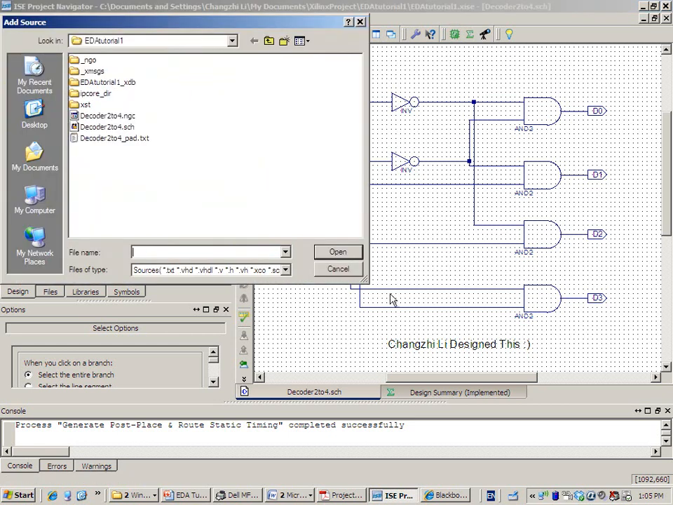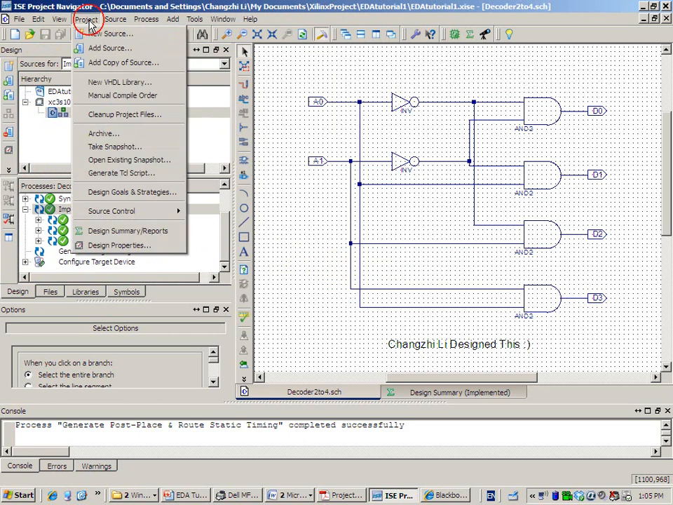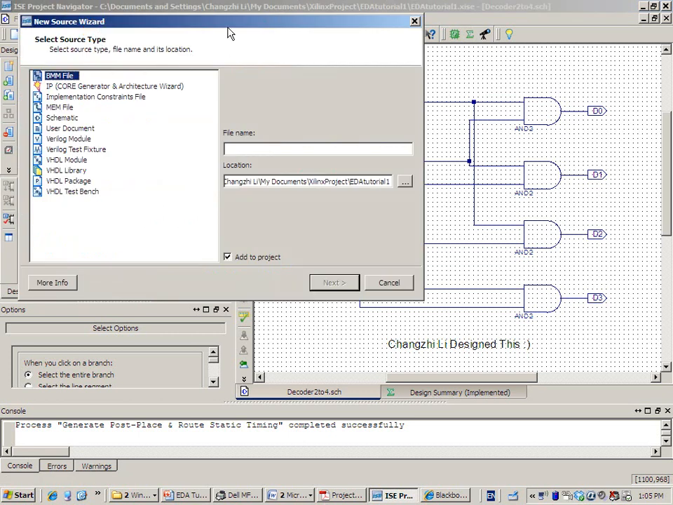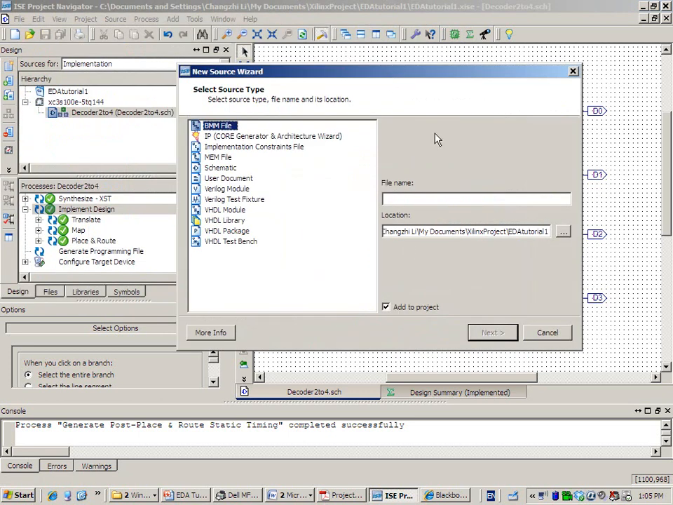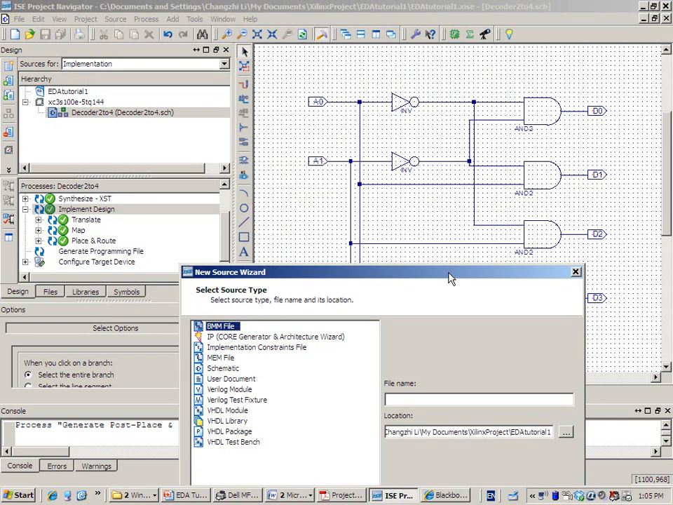We have to add, project, new source. We have to create a test bench for this design. So this design will be in our chip. And let's say if this is my chip, the design will be realized inside the chip. And we have to create a test bench to feed in the signal, and we have to analyze if the